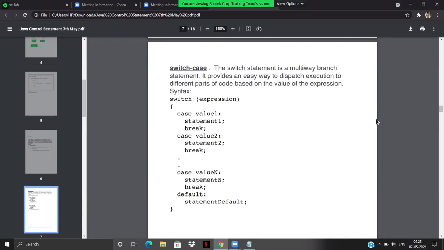Okay, switch case is something we use various times when we do even competitive coding. We might need to use the switch case. So how exactly a switch case works is that the switch case is a multi-way branch statement. It provides an easy way to dispatch execution to different parts of the code based on the value of an expression. So let's say I have given you an expression, and I need to evaluate my expression first,